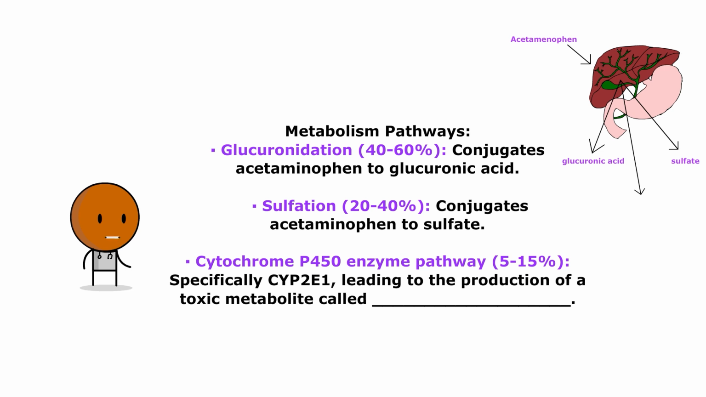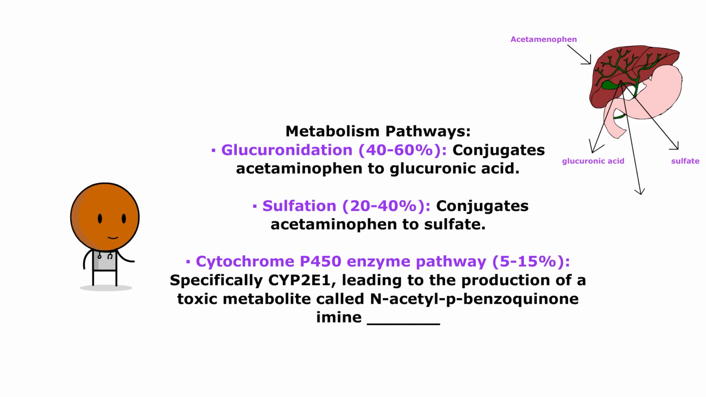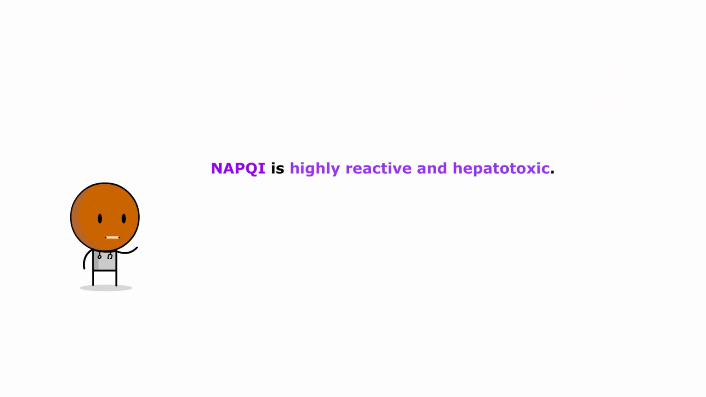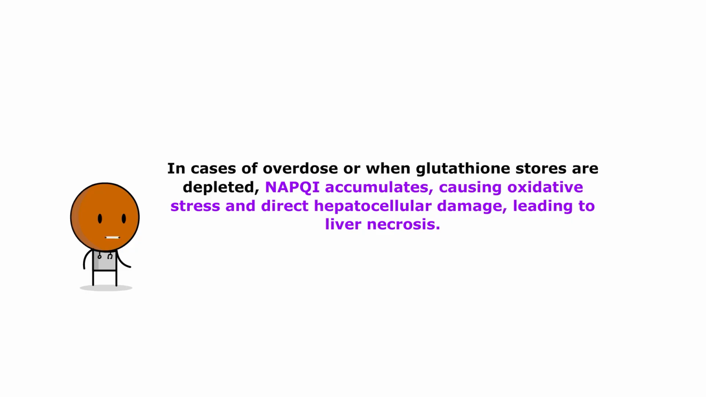CYP2E1, leading to the production of a toxic metabolite called N-acetyl-p-benzoquinone imine, or NAPQI. NAPQI is highly reactive and hepatotoxic. Normally, it is detoxified by conjugation with glutathione, producing non-toxic compounds. However, in cases of overdose or when glutathione stores are depleted, NAPQI accumulates, causing oxidative stress and direct hepatocellular damage,